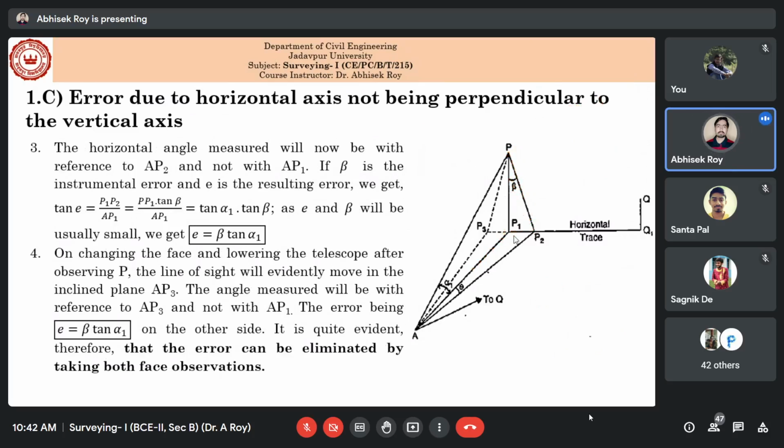How we will calculate P1, P2? Simple. From this triangle,